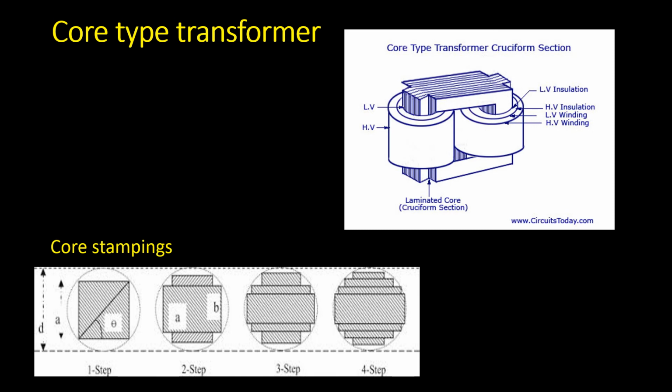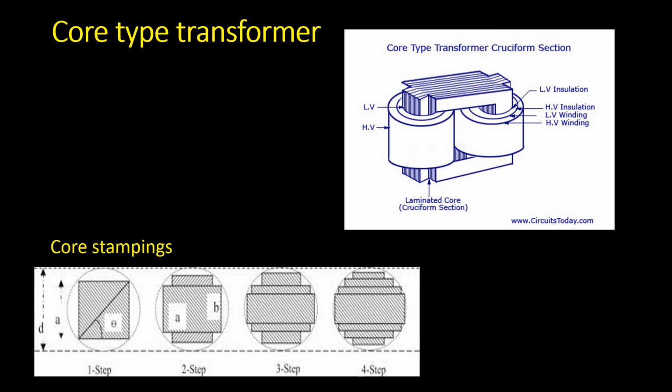size core type transformers, but for large size transformers it becomes wasteful to use rectangular coils, because it requires much more area, and as you need to have more number of turns, the length and requirement of copper will also increase, and it will ultimately result in higher cost and higher weight of that particular transformer. So the transformer becomes more bulky and its cost also becomes higher. So to reduce the cost and to make it lighter, we need to have such stampings.